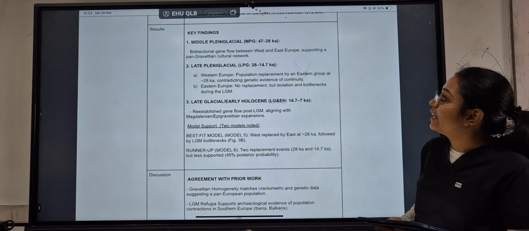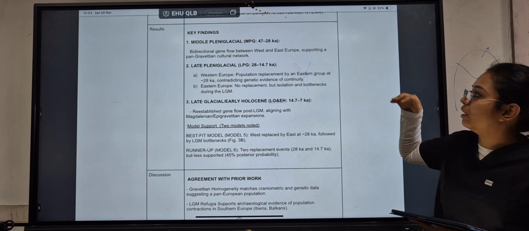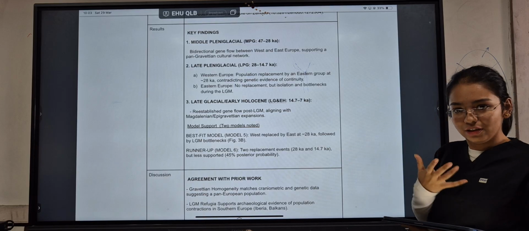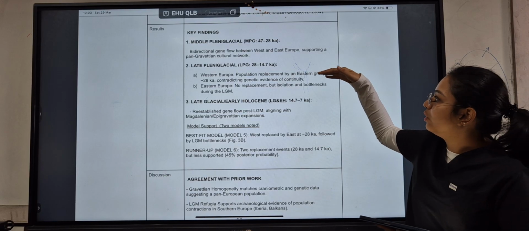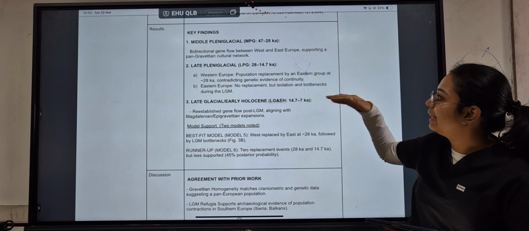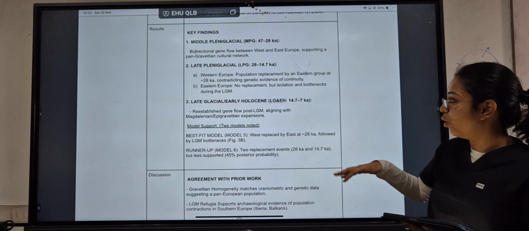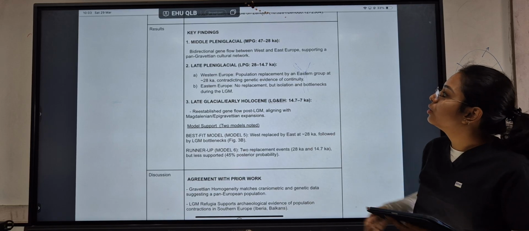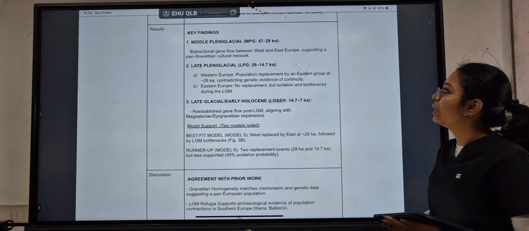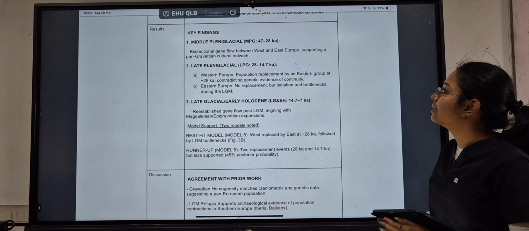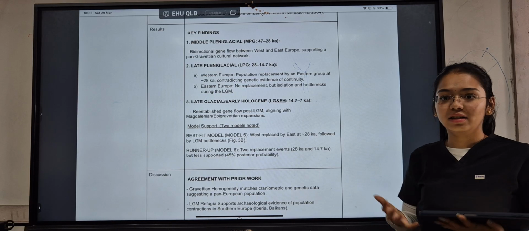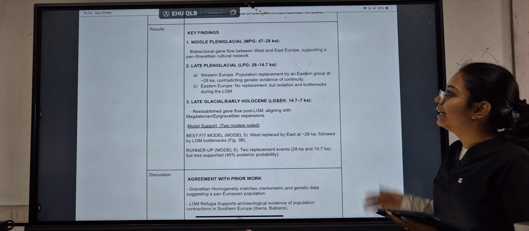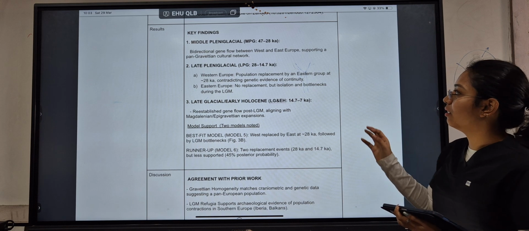These were the key findings of the study. Since it was a retrospective study, it was divided into middle Pleniglacial, late Pleniglacial and early Holocene, which is late glacial. So bidirectional gene flow between West and Eastern Europe supported a pan-Gravettian cultural network, and the late Pleniglacial, that is